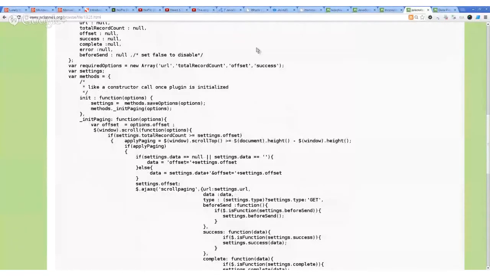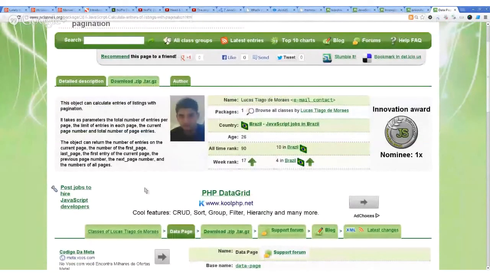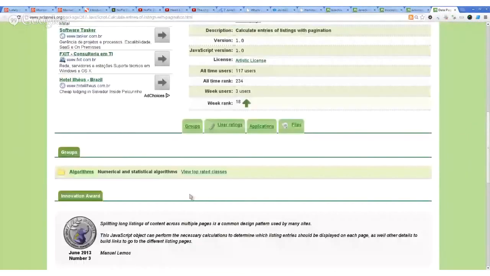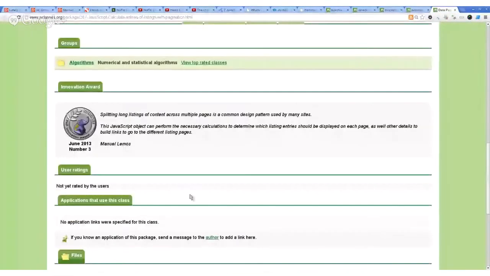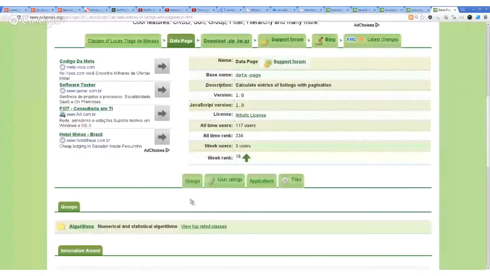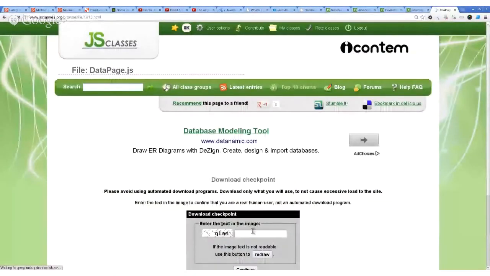this was one of the components, and finally there is another one. This one is very simple. From Lucas Tiago Moraes from Brazil, basically implemented something that is how I've seen many classes for this in PHP, but in this case it is doing it on the browser side, which is to implement some sort of pagination. So you have to perform some calculations given the number of entries that you want to play on a listing, and with that,